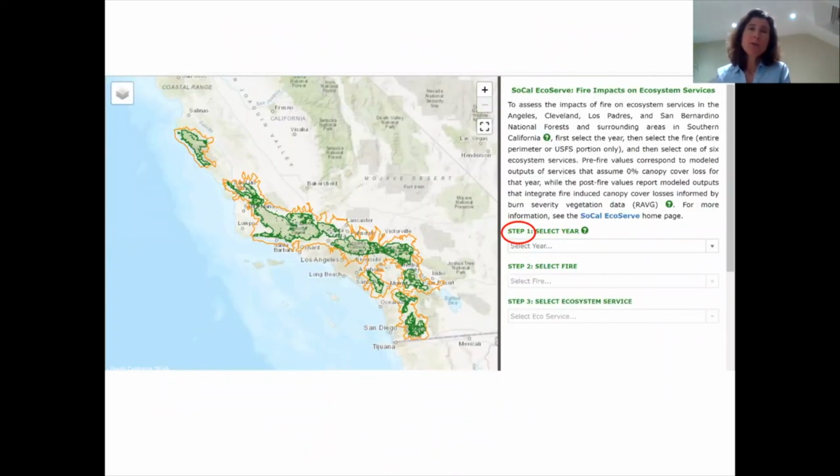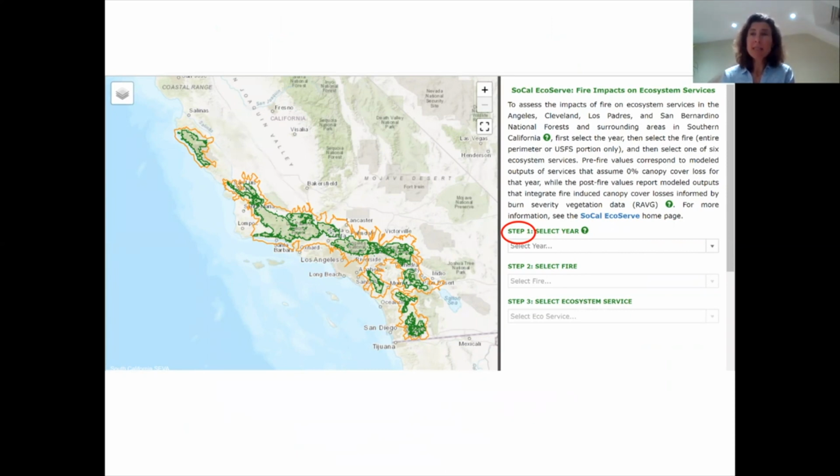So once you open the tool, on the left we have a map. The orange boundary shows the study area, and the green boundary shows the national forest. And there's a variety of other data layers that a user can select if they wish to. Then over on the right are the three choices that a user needs to make first of all.